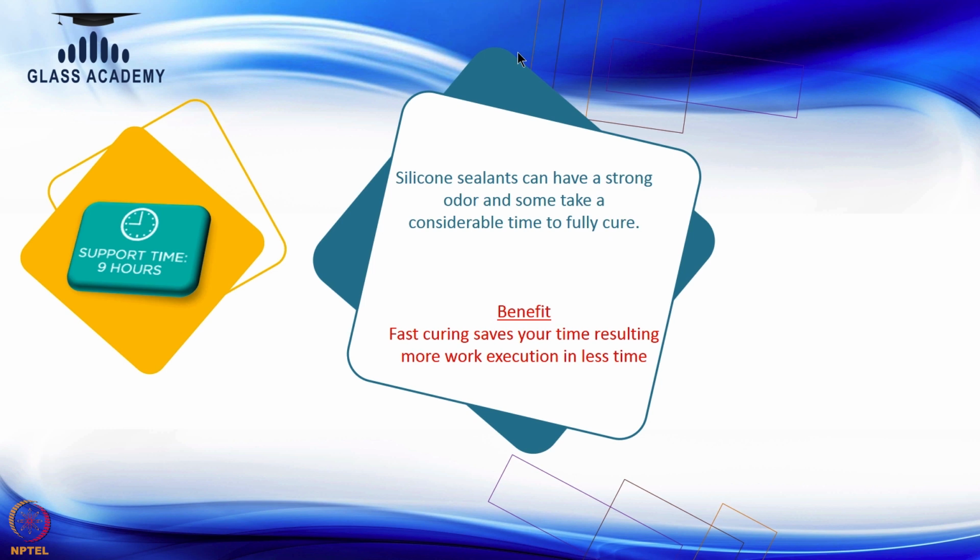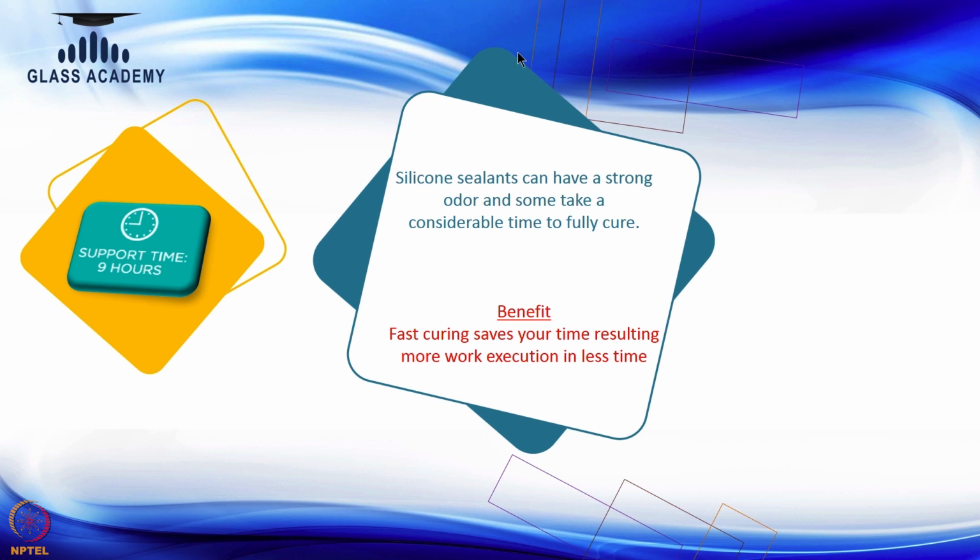Then apart from this, the most important thing is the curing time. Whenever we are going to select silicone, curing time is the most critical factor. Curing time means how much time it will take to hold the glass with the substrate. Hold the glass means fix the glass. Initially when we fix the glass, we will fix it with the help of silicone, then we will place masking tape so that it will hold the glass for some time. After that it will be cured. So the time taken to cure that silicone, to fix that glass, to hold that glass to the substrate, should be very less.